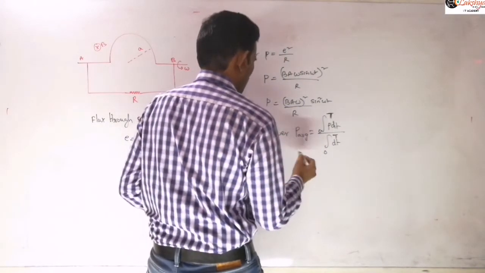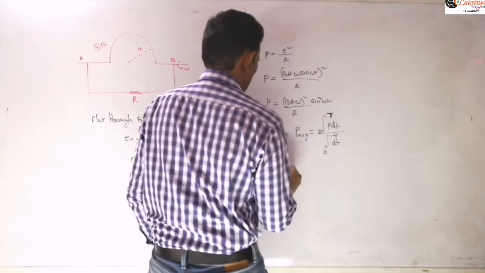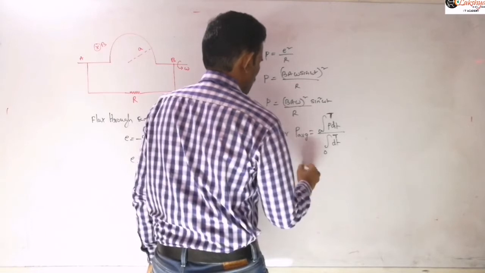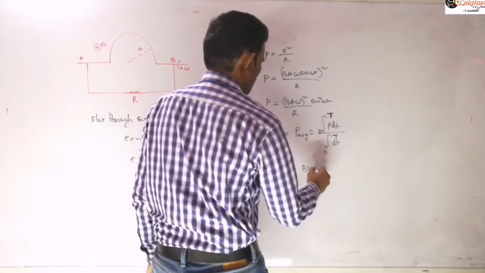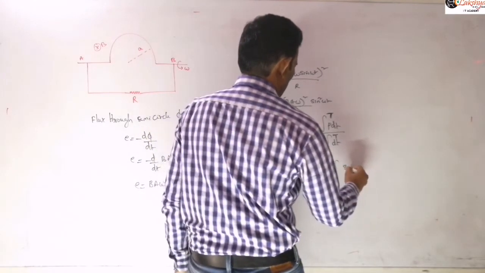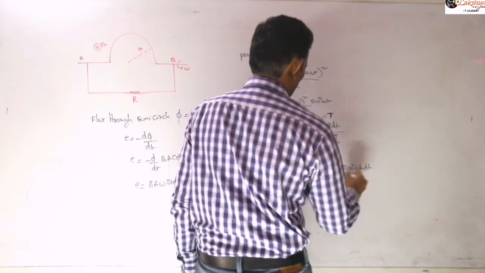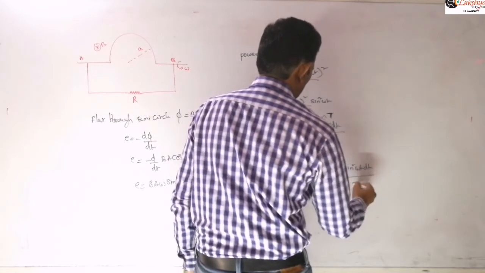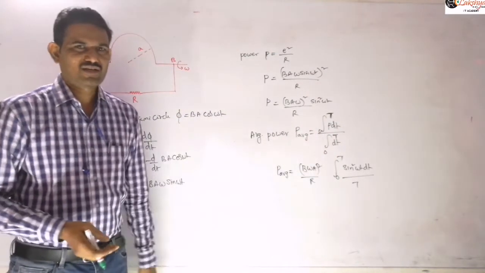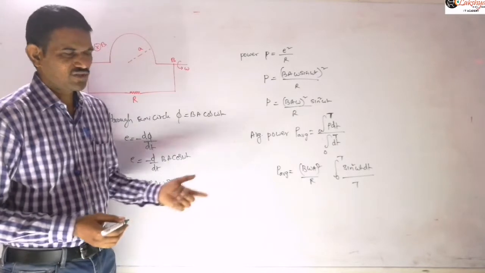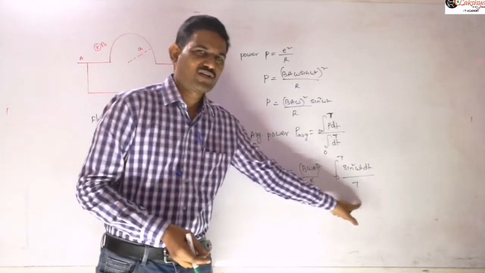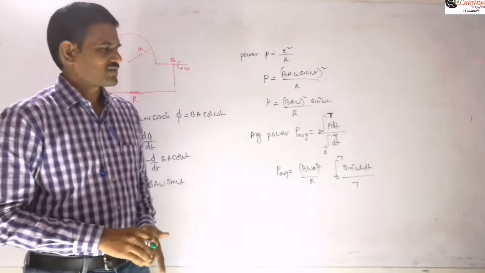And so now here what I can write is P average is equal to, these constants I am writing outside here, BA omega whole square by R into the remaining value sin square omega t dt from 0 to T by the integral of dt, and the limit 0 to T means you will get T, right? So that is our calculation here, and further you may simplify that. The integration of this value will get 1 by 2. I hope all of you know the integration very well. So integrate, substitute those limits.